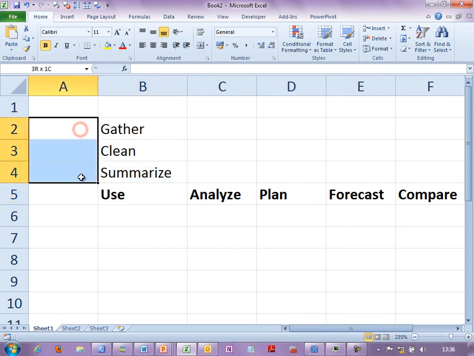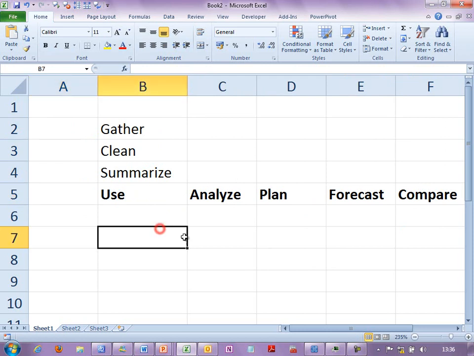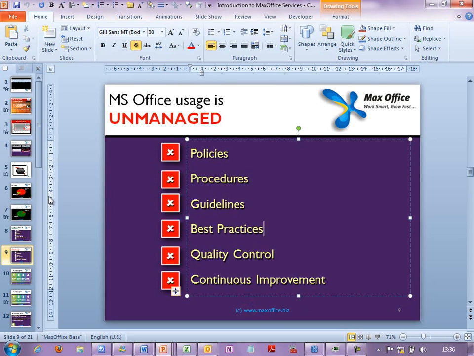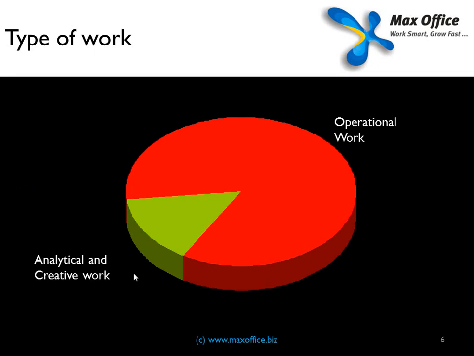But unfortunately, this takes 80%, this leaves you 20%. Or in some cases, it could be 99% and 1%. So that is where Excel doesn't deliver what it is supposed to do. So one nice way of looking at how we work, we said we work for 3 hours, 8 hours, whatever. If you really audit what we do, this is how it looks. You may be genuinely working for those 3 hours on office, but this is not productive. In Six Sigma terms, you can call it non-value adding. This is value adding. Obviously, nobody wants to do anything which is non-value adding, but you are forced to because you can't do this unless you have done this.